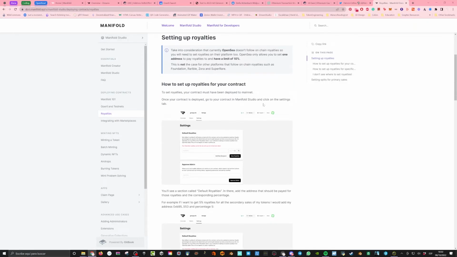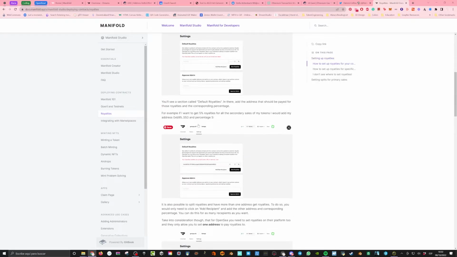So for your contract, you can go into your dashboard and into settings under your specific contract and set them here. I've seen this before because we did it for Outrage. For Stevie Kuhn though,